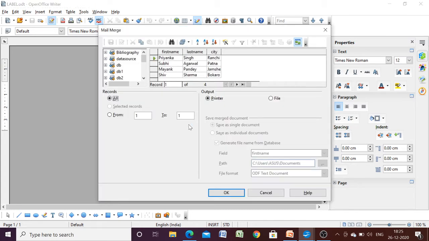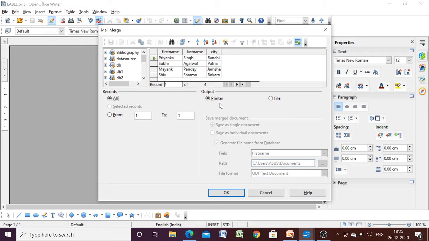Now it will show you that these are the records that I created earlier. This is the Excel sheet and I have stored the data in this Excel sheet. Now it will show you the details. So all the things are correct. Here you can select how many records you want, whether you want all records or some selective records. So we want all the records, so I am selecting all.